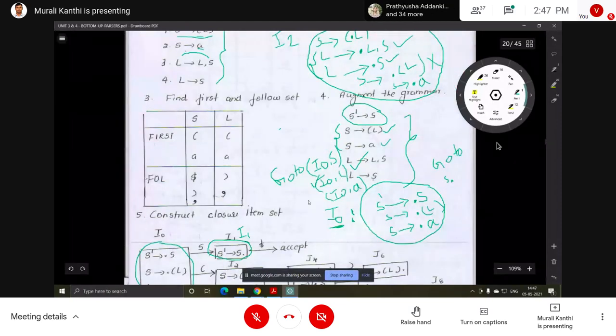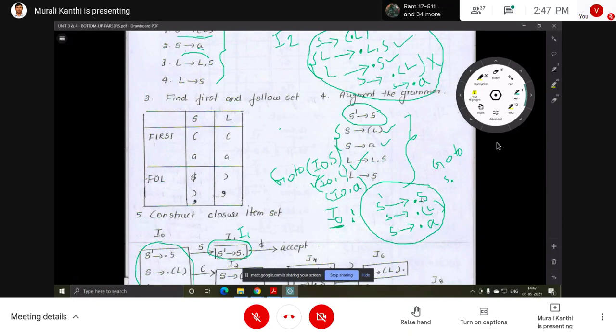Next, go to of I0 comma A. Why? Because on I0 we have to look at the symbols after the dot. With S we got the I1 set, with open parenthesis we got the I2 set, and now with A we will definitely get the I3 set. After shifting this A one symbol to the right, we get S implies A dot.